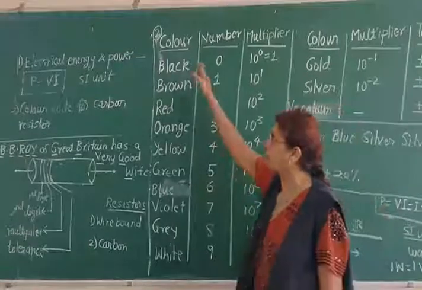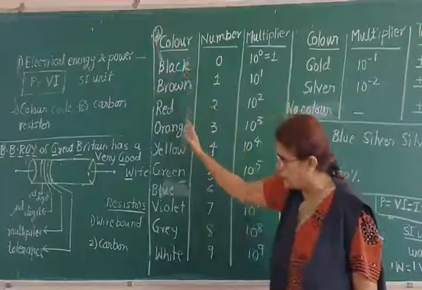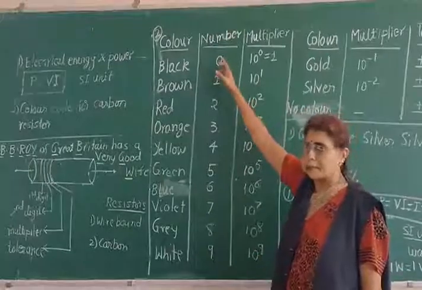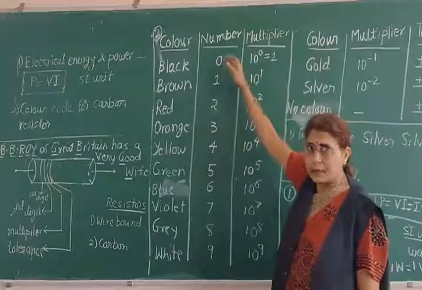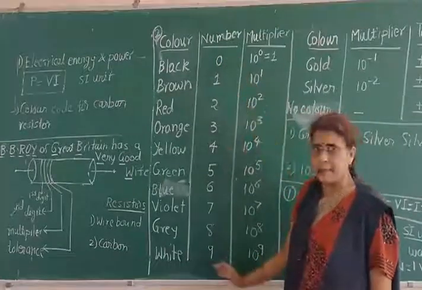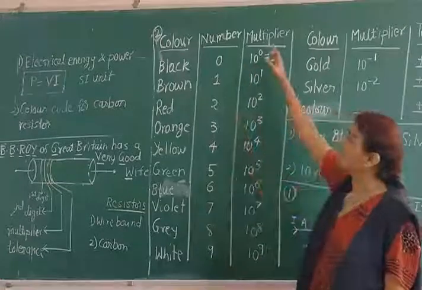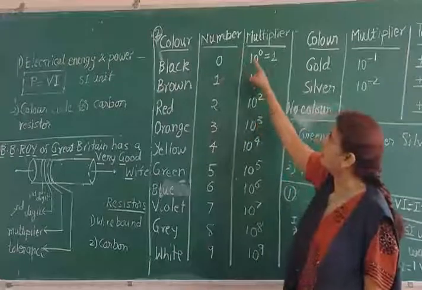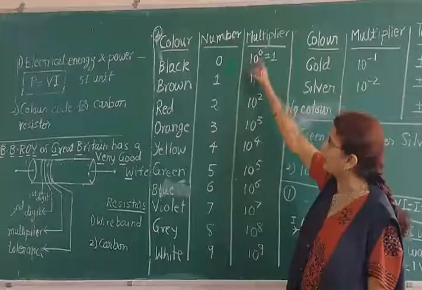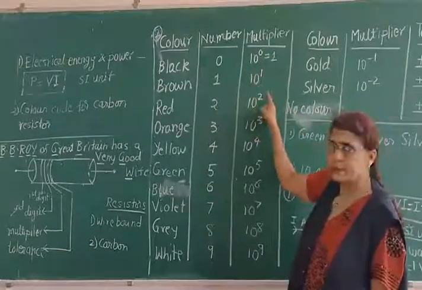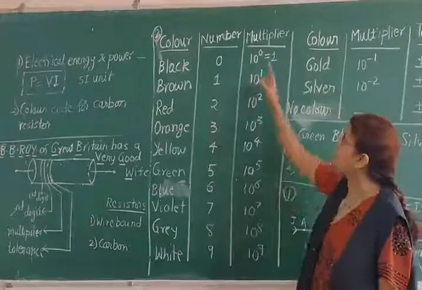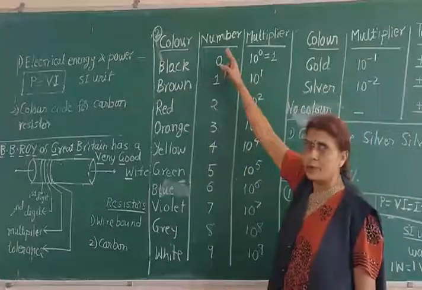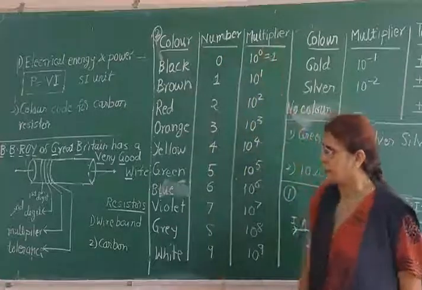Okay. So we are now knowing these colors now. I have written the names of the colors on one side. Second column is number. So they start from 0, serial. 0, 1, 2, 3 and up to 9. Third column I have written as multiplier. Whatever number is here, it should be raised to 10. So 10 raised to 0. This is 10 raised to 1, 10 raised to 2. Last one is 10 raised to 9. So this is a multiplier column. So for all these colors, we are having two columns, number and multiplier.